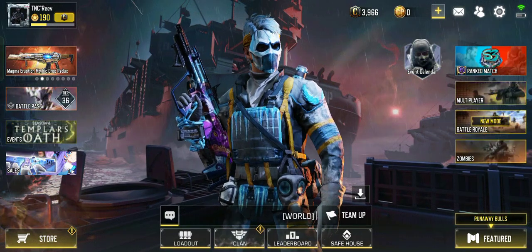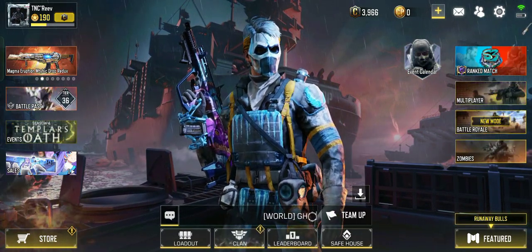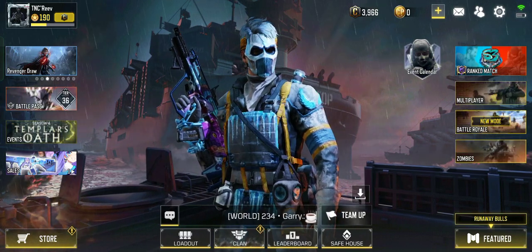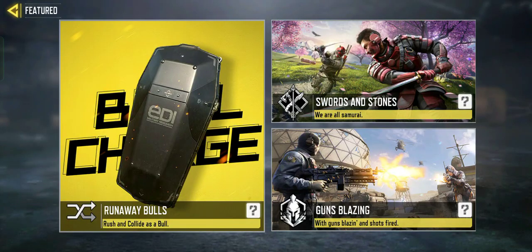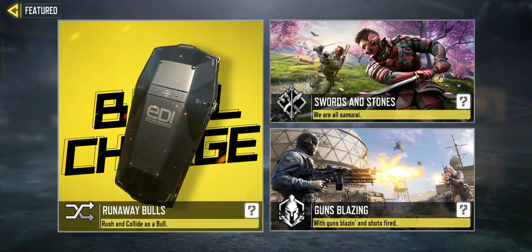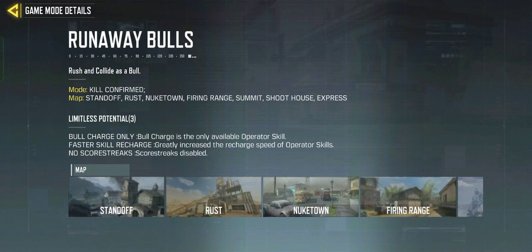Today I'm going to show you a new game mode. The game mode itself is Runaway Bulls. As you can see, this is Runaway Bulls: rush and collide as a ball. Let's see the details. So the mode is kill confirm, and the map